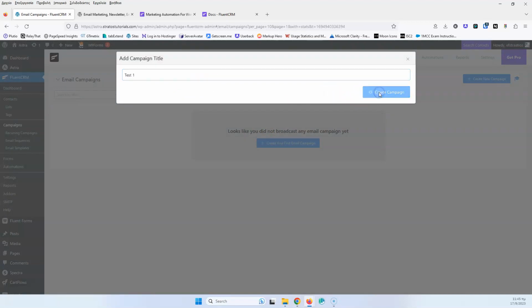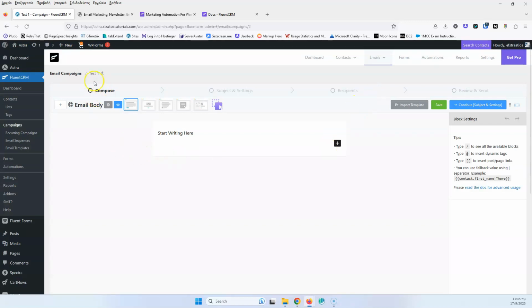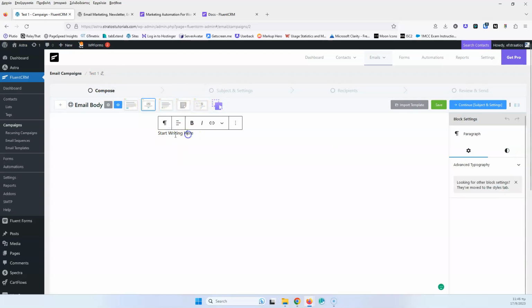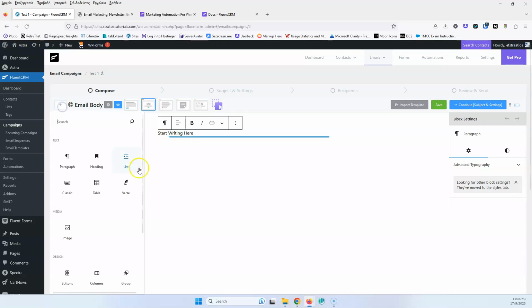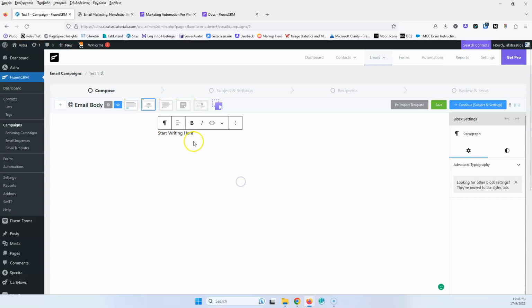And let's click create. After that, immediately we're in the first step of the 4 steps. This is the compose step, and here you can also see the name, and you can change it if you want. Here first you can select another template if you want. And here you can use your core blocks in order to create something. You cannot use Spectra or other plugins, only the core features of Gutenberg. So we can click the plus icon here and select something, or start typing, click enter, and the plus will appear here as well. So I'm going to type something like, hi customer,